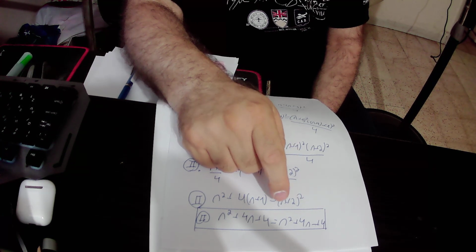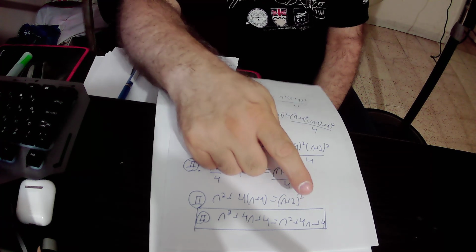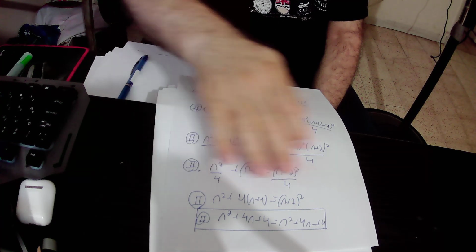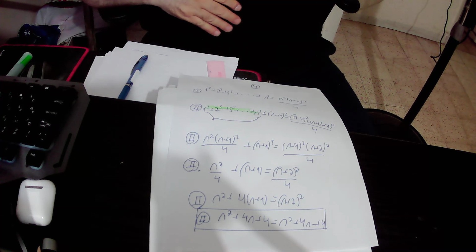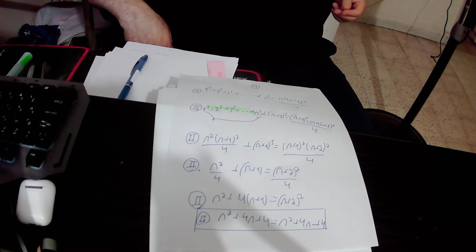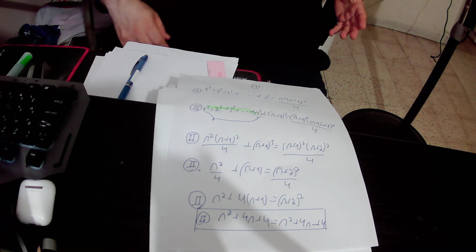So in total we got n squared plus 4n plus 4. So we have here an identity. The left side of the equation equals the right side of the equation,